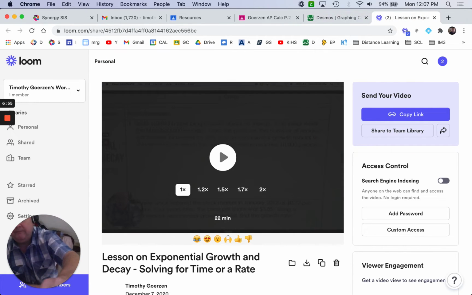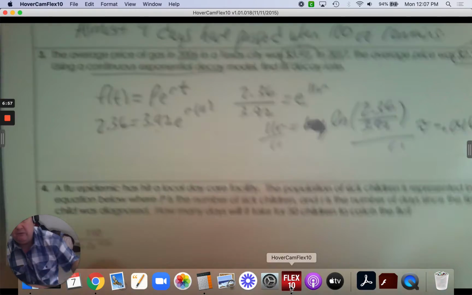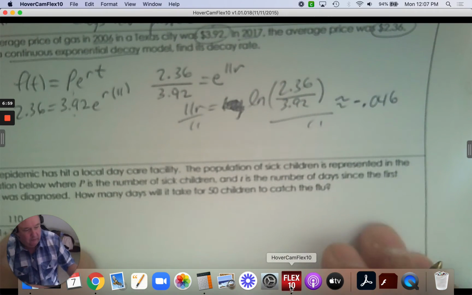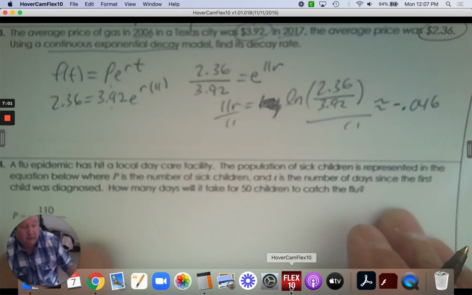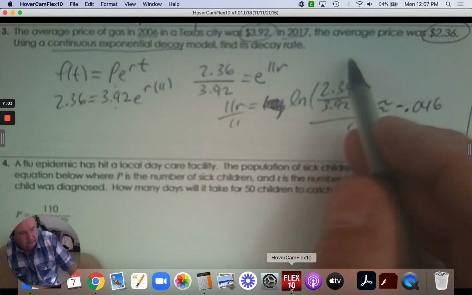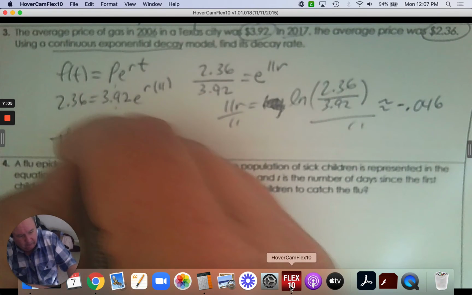Oops. Let's come back here. There it is. So negative 0.046. It's a rate, so we're going to move the decimal to the right. So the question is the decay rate. So the decay rate